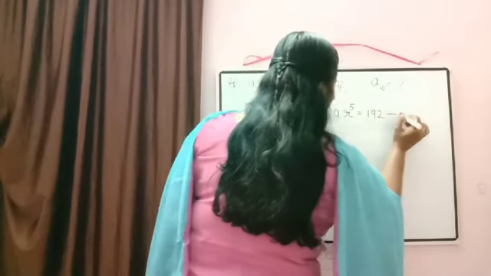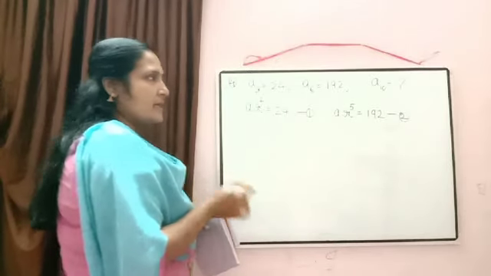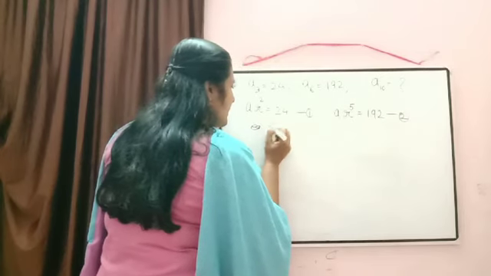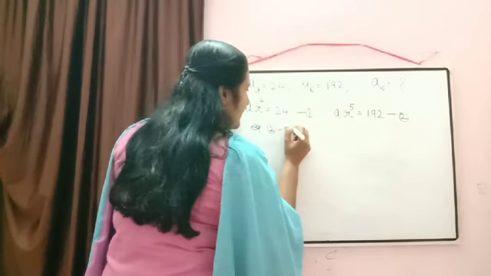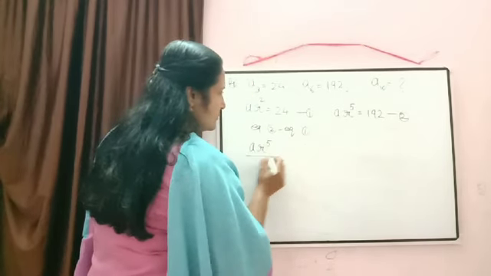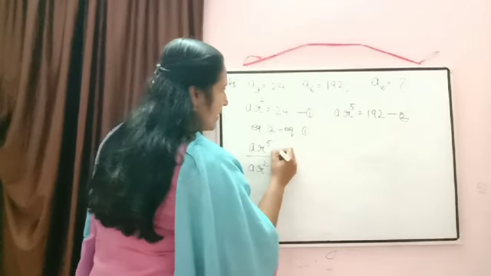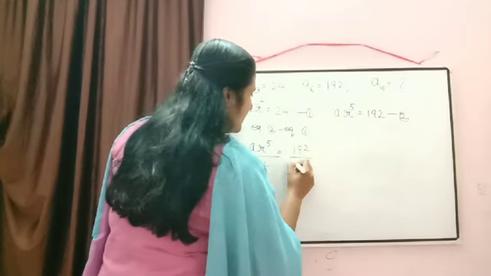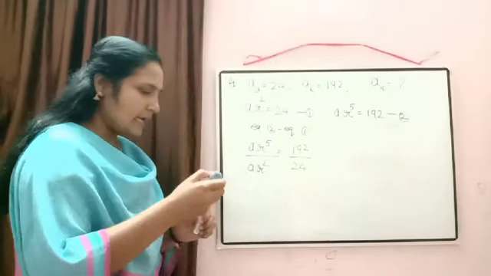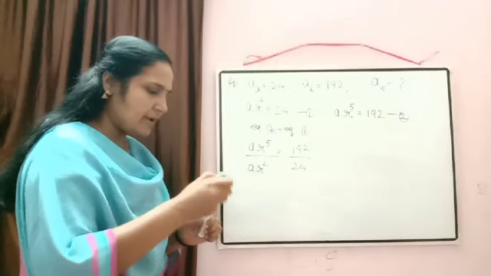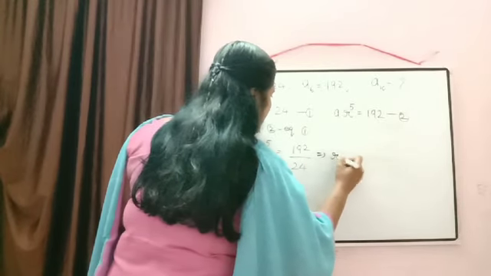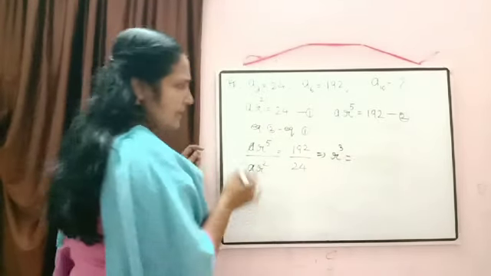Now normally in AP what we are doing? We are doing the subtraction there. Now here what we will do? To get the value we will divide. Okay, so just write down there equation 2 divided by equation 1. So now we are going to divide it. A into R raised to 5 divided by A into R square is equal to 192 divided by 24. Now when we divide, A and A will get cancelled. What will be R raised to 5 divided by R square? Yes, it will be equal to R raised to 5 minus 2, R cube.